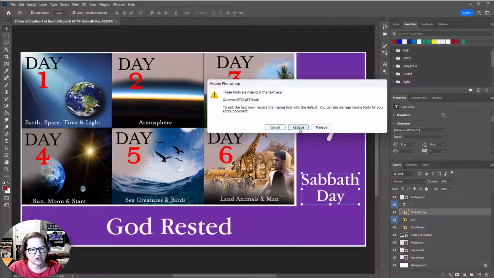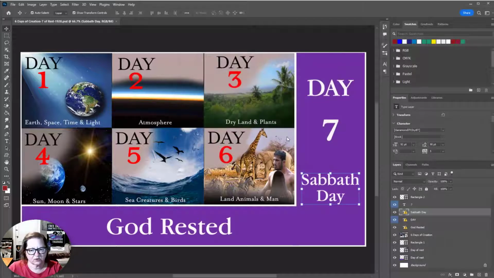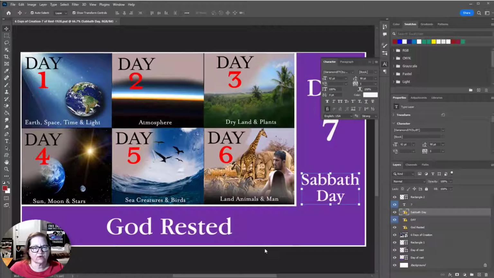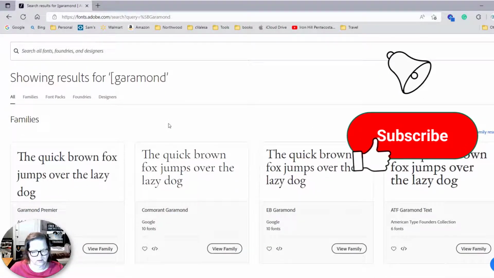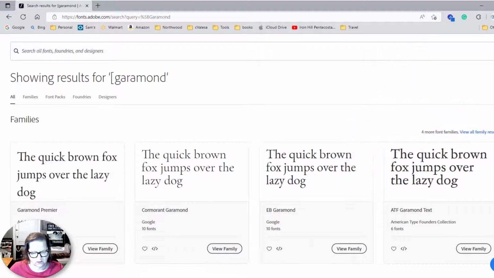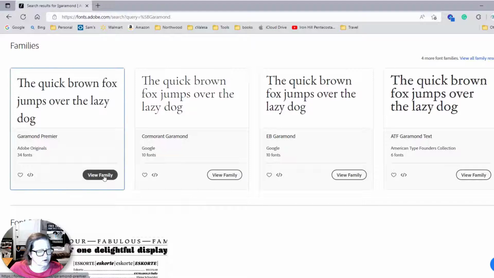We talked about just replacing it, but now I'm going to manage it. So what is it asking me to do? Some of the fonts are missing. Replace the font Garamond. I don't want to replace it, so I'm going to say cancel. Since I have a Creative Cloud subscription, I can go to Adobe and search for this font in particular and reinstall it. I guess if we install the family,